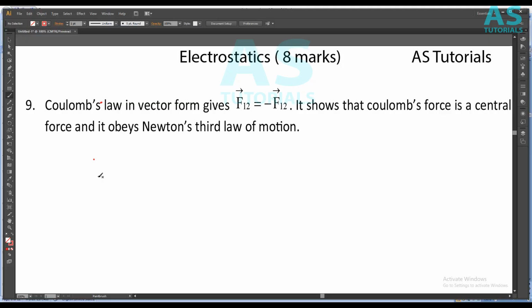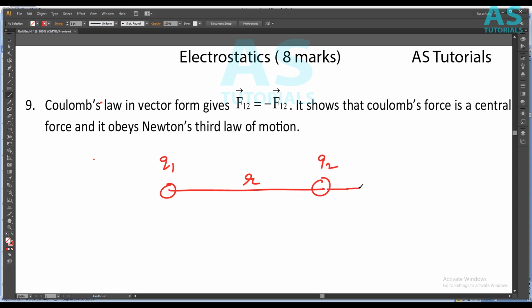Okay, right now we will try to express Coulomb's law in vector form, and let us see what is the importance of expressing Coulomb's law in the vector form. Consider two charges here. Let it be Q1, here is Q2. Let them be separated by r,